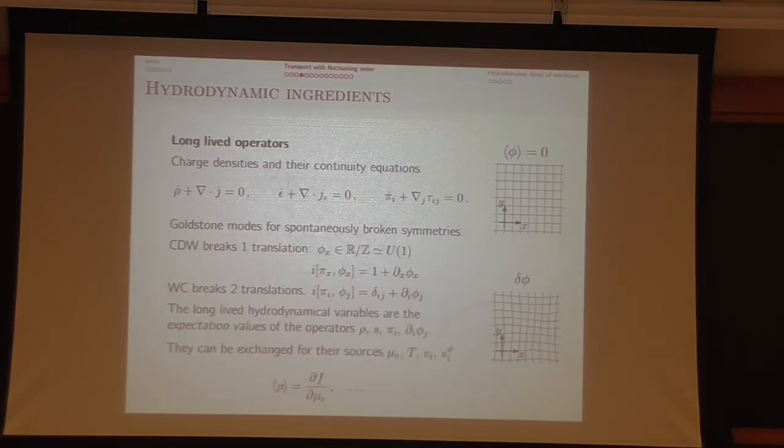To summarize, our slow operators are charge density, entropy density, which I can trade with these things using thermodynamic identities, momentum density, and gradients of my Goldstones. They also have thermodynamic sources, so this is an equivalent set of variables. They're just related by some matrix with a linear response. The condensed matter jargon for this is a Wigner crystal. It just means electrons are spontaneously breaking translations in two directions.